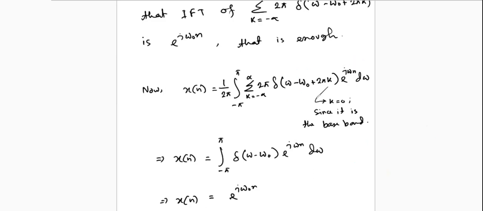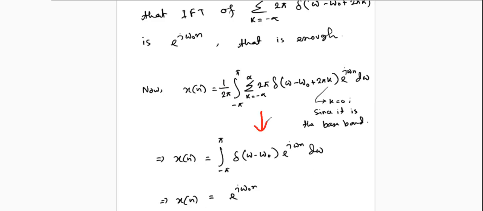So for this example, since we are targeting only the baseband, let's put k equals 0. Then from this equation, we can write it very easily. This equals this, because this 2π and this 2π will cancel each other, since 2π is not a function of k. So I can take 2π out of this, and you can cancel the 2π. Then this equation can be written as this one,